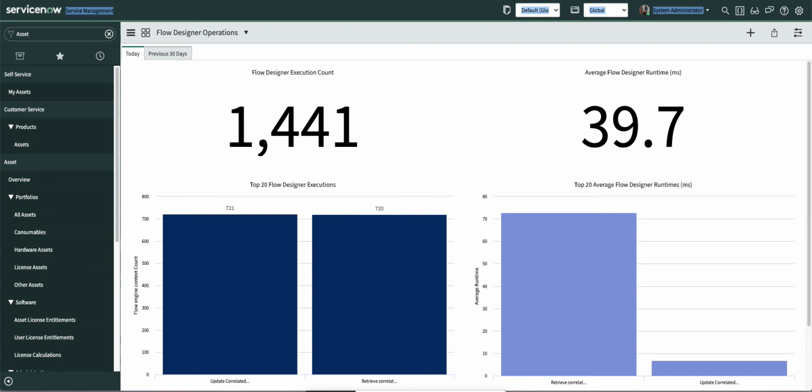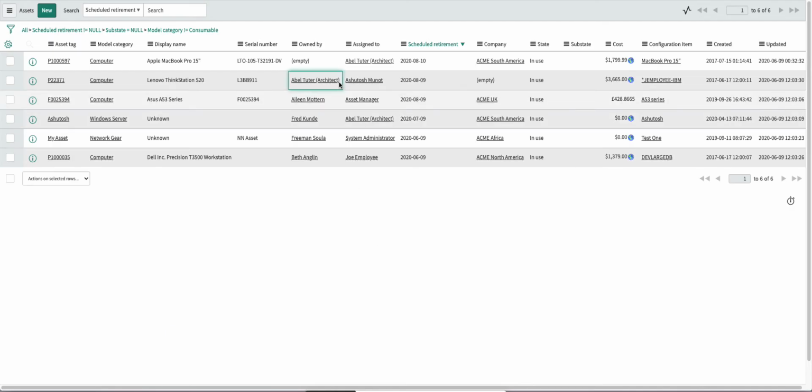Now let's go to the assets first. Here you can see the owned by field, the assigned to field, the scheduled retirement. So this is our target actually. Here you can see these two assets are retiring today. This asset is getting retired 1 month from now. These two assets are retiring 2 months from now, and this asset 2 months 1 day ahead